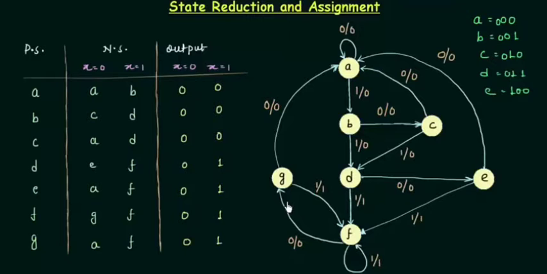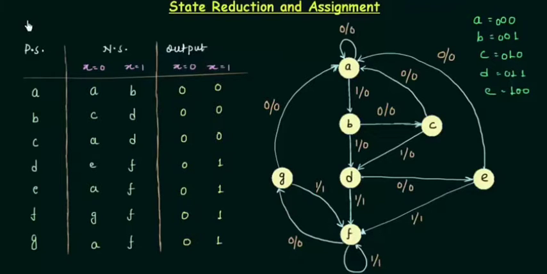You just don't want to put much effort when designing your state diagram, but after it you just make a table, see the things and reduce the states. So this is the approach. So I always say, don't worry about this state diagram, just make it and then use the state reduction technique to get the smallest possible state diagram or the minimal state diagram. So let's see how to do it.